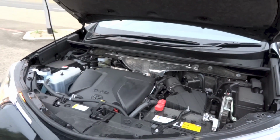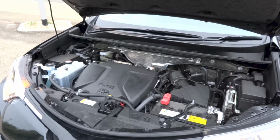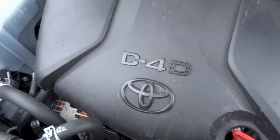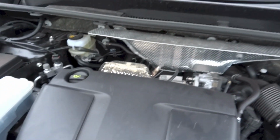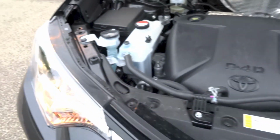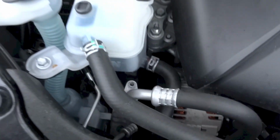The 4th generation XA40 RAV4 debuted at the 2012 Los Angeles Auto Show. The XA40 is only available as a 5-door hatchback with 1 wheelbase length. A facelift for the XA40 RAV4 was unveiled in 2015 for the 2016 model year. Powering this RAV4 is a BMW-sourced